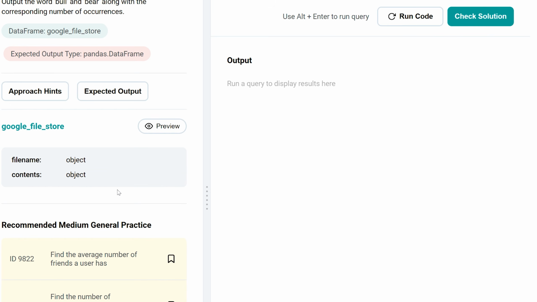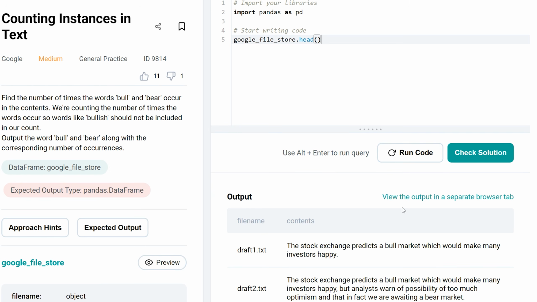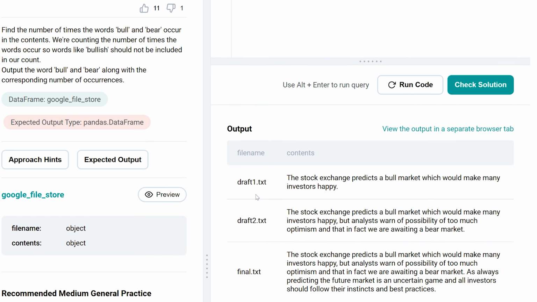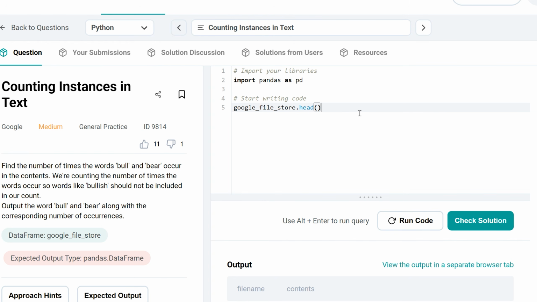And what are we given? We're just given a file name and the contents. So I'm gonna just run this real quick. So we need to figure out all these contents from the file name. So how can we do that? Well, what we're really gonna need to do is basically do 2 filters and then count, I suppose. So we could just filter the rows based on the words. So I'm gonna call this bear words, and I'm gonna call this next one bull words. And bear words will be the file store, and we want to have,